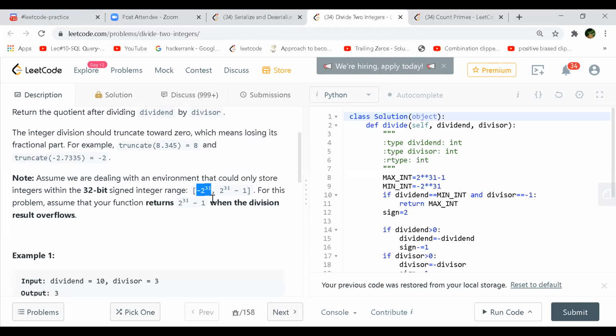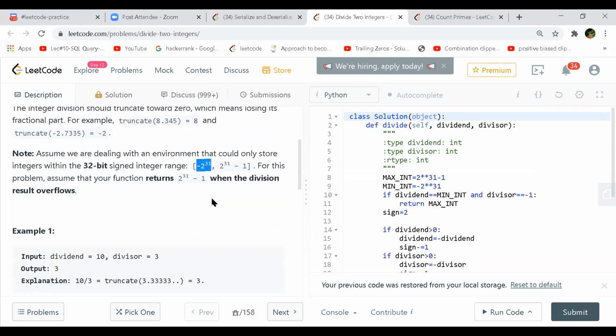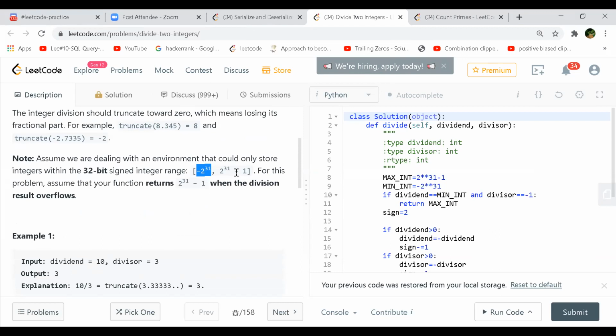Even if we ignore the overflow for the time being, we'll come to that later. He is talking more about the 32-bit signed integer types, so it's more of the C++ or Java side, not a Python thing.